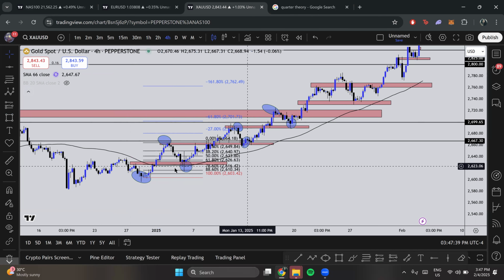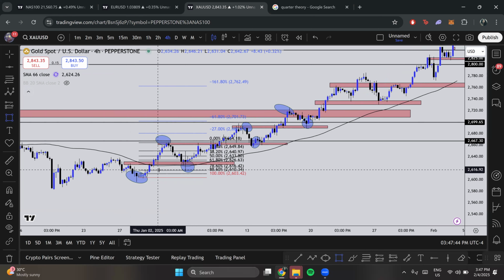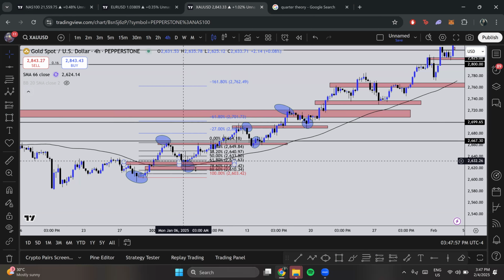So that's one, right? I use other stuff like imbalances, which is called a fair value gap, and you can see there's one right here. So that's two. So I use different things to tell me which possible fib area might be the best to take this trade from. So after I see the price action afterwards, based on the fib level,